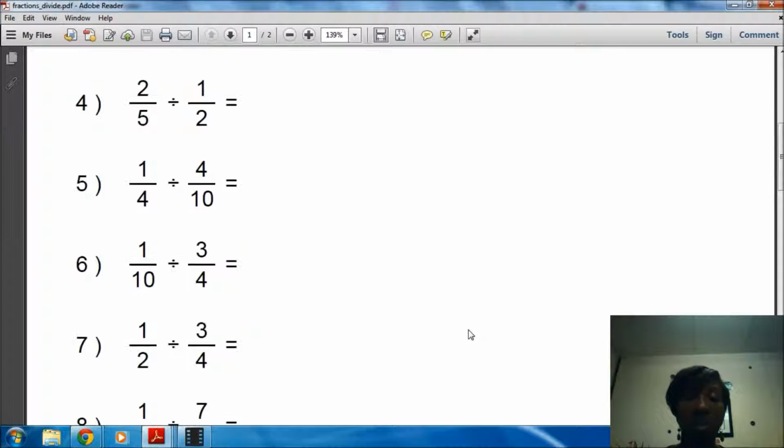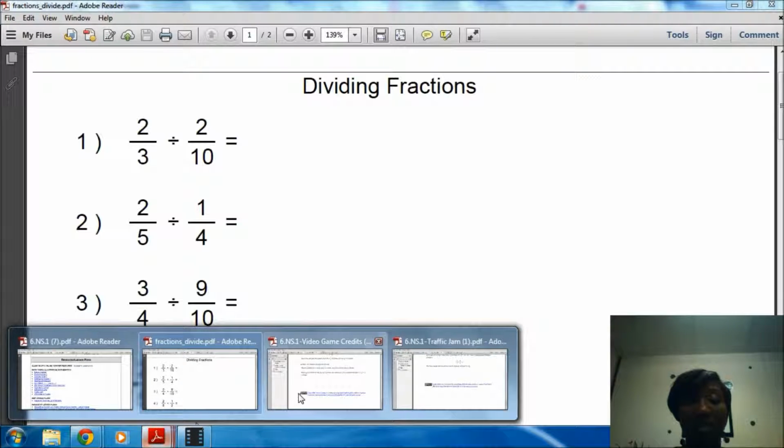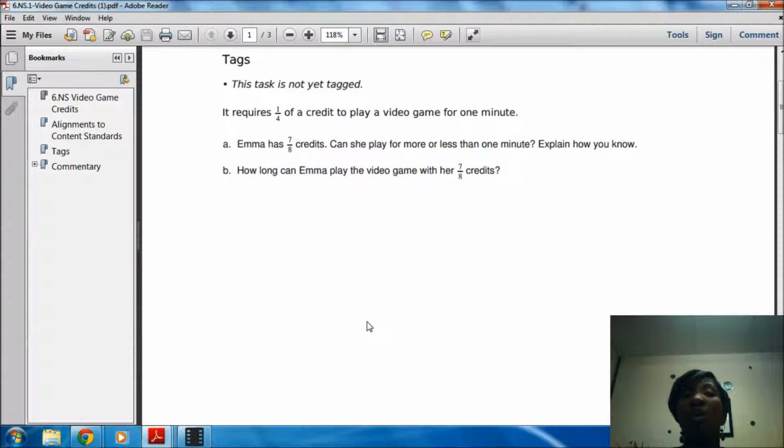This is a skill, yes, that students will need to know how to complete this procedure. But think about how many times students will get these questions wrong if they don't understand the why behind it. They don't understand why we multiply by the reciprocal. If they don't understand what this actually looks like and what you're actually asking when you're asking this division problem, and if they don't see it in the real world context, they won't know when they are supposed to divide,